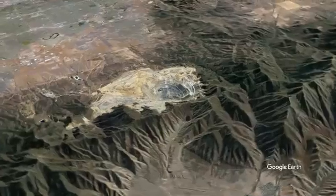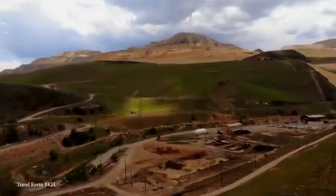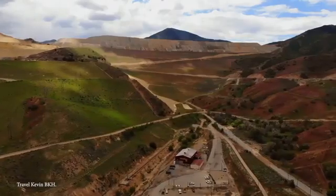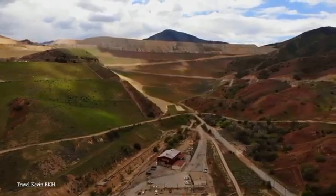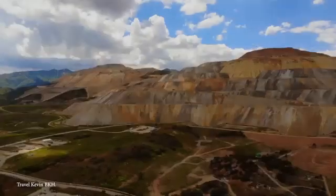Its origins can be traced back to the mid-19th century when, in the 1860s, rich mineral deposits were discovered. At first, the site was mined for precious metals like gold and silver, but it wasn't until 1906 when the Utah Copper Company began large-scale copper extraction that Bingham Canyon became a key part of the industry. The mine's development was driven by the increased demand for copper, particularly for use in electrical wiring and other industrial